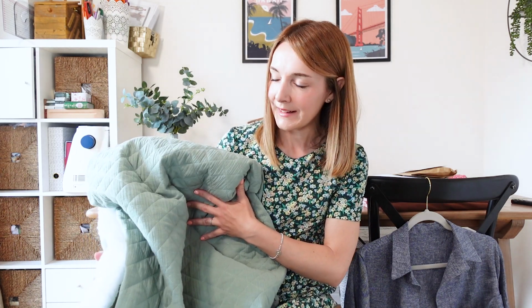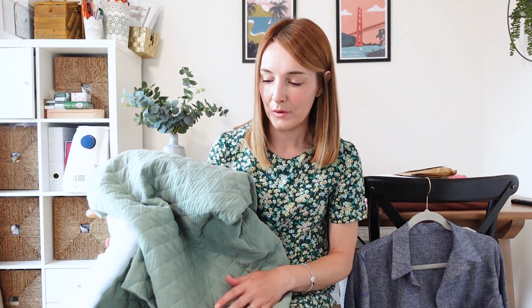I'd actually wanted to buy that lovely Merchant and Mills quilted fabric that quite a few people had bought and made quilted jackets with recently. But unfortunately that was all out of stock, so I'd missed my chance there. But this was a really lovely second choice and a little bit cheaper as well actually, so that worked out really nicely. So I've got 2 meters of this to make a quilted jacket from,